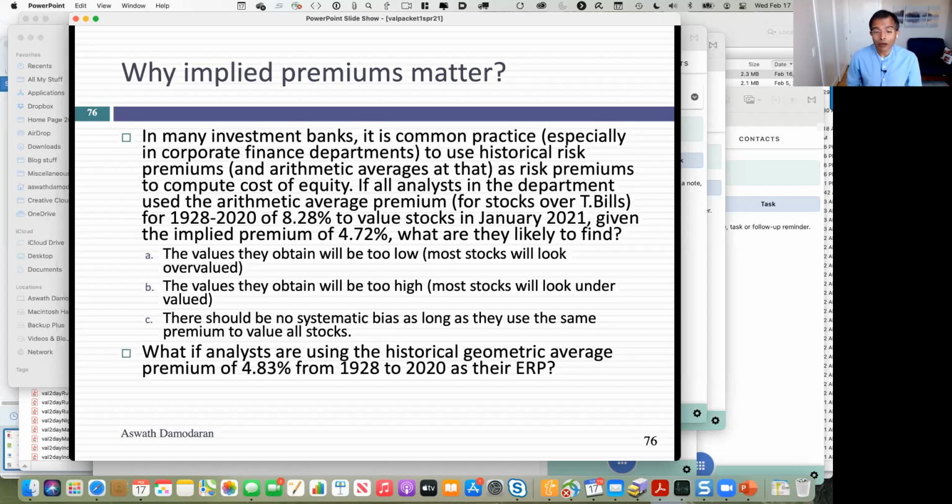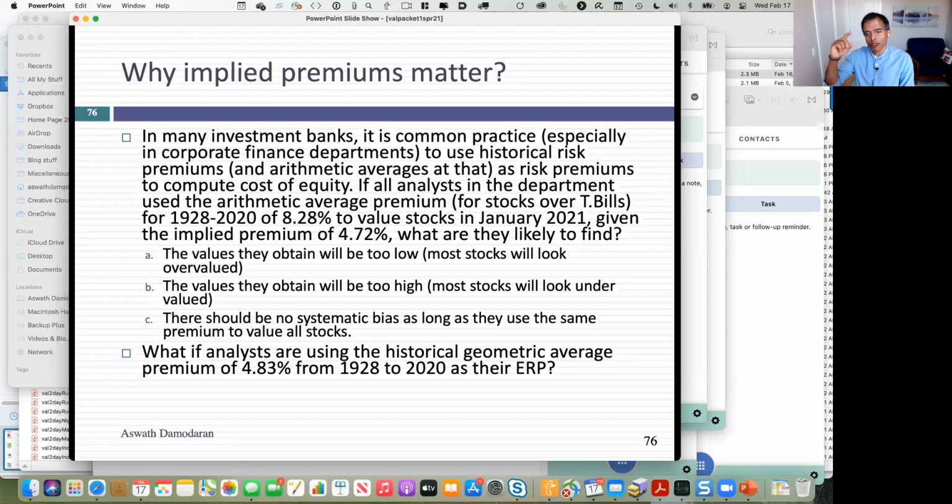I use the implied equity risk premiums in valuations, not because I think the market is correctly priced, but because I want to value GameStop given where the market is today. Because that's what you want me to do. I want to value Heineken given where the market is today. That's why I compute the implied premium at the start of every month, because I use that premium through the rest of the month. And March 1st, I'm going to change the number to whatever the implied premium is, because my job is to value companies and not to give you a market view with every single one of my valuations.